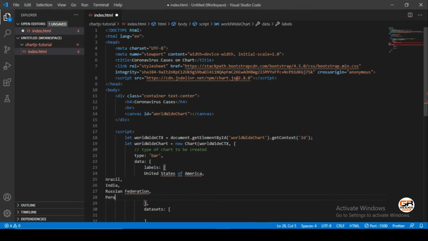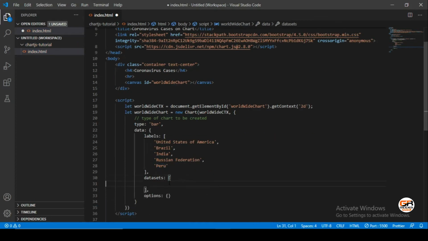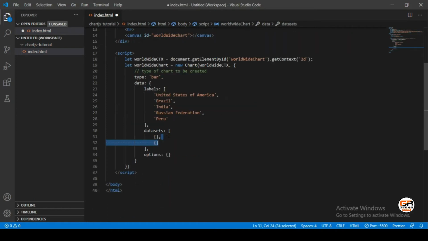Just put them here, and let's put them inside quotes. As you can see, datasets will be multiple objects this way. For right now we will create a single object.